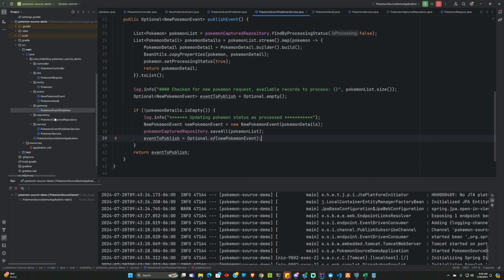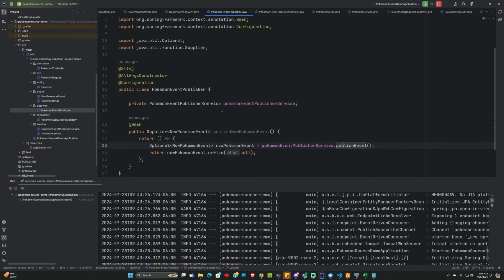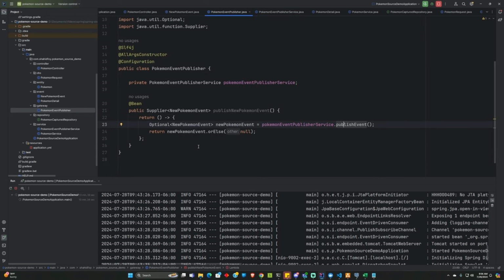So what's going to happen is the publisher is going to be constantly running this request, and we'll see that happening, and it'll be checking the database to see if there's any statuses that it can process. Before we can actually have that happen and have it send it off to RabbitMQ, we need to update the